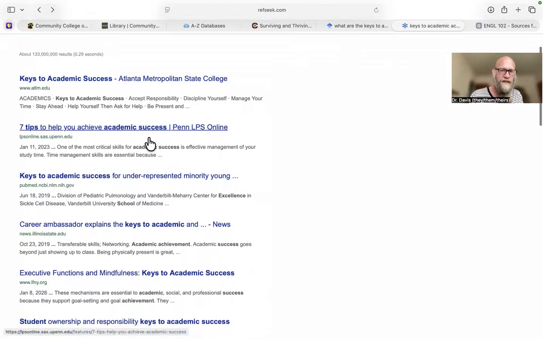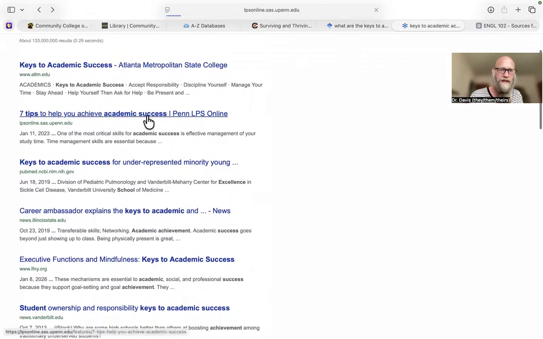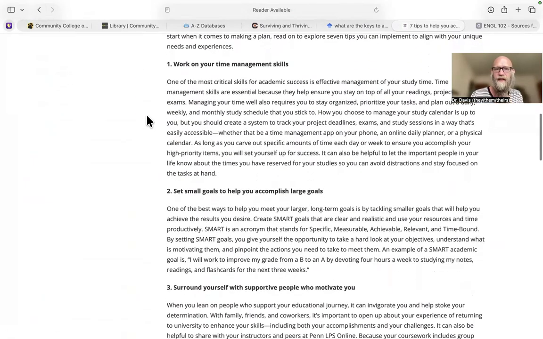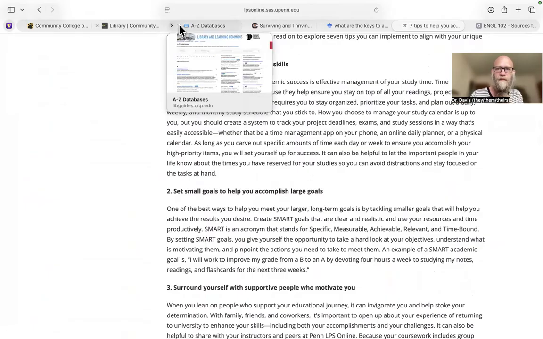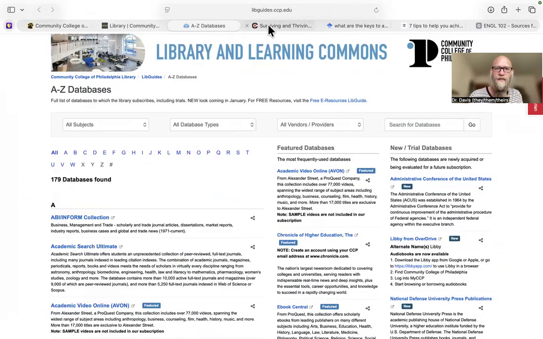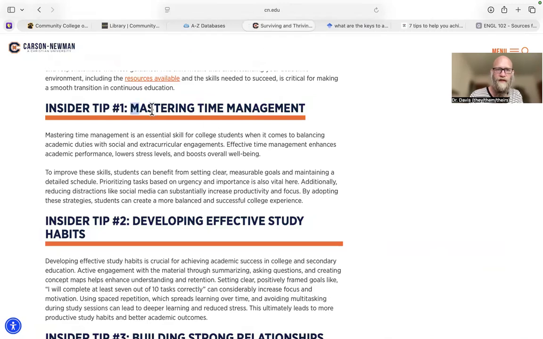Here's one from 7 Tips. Let's see, is that the one I wanted? Time management, yeah. So the source from Google and also RefSeek says time management.